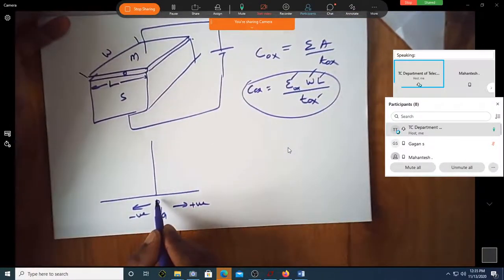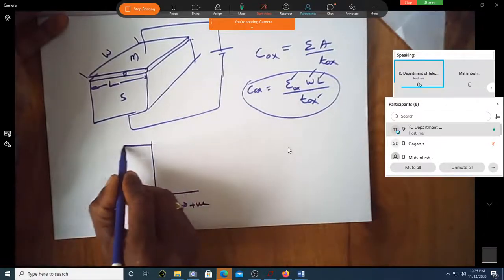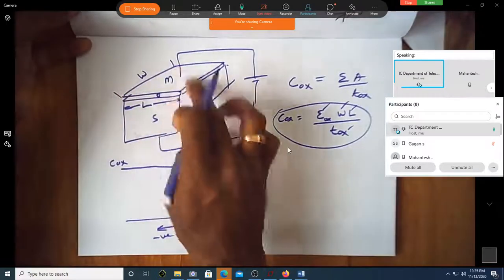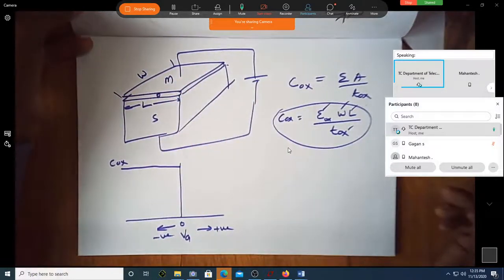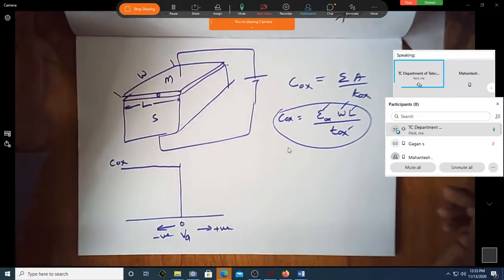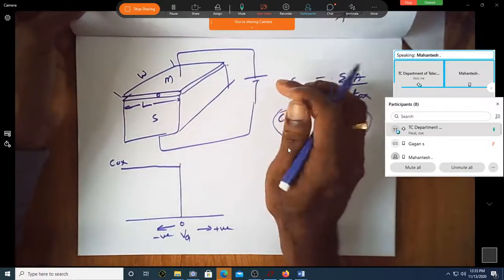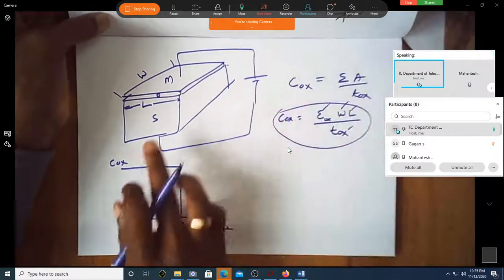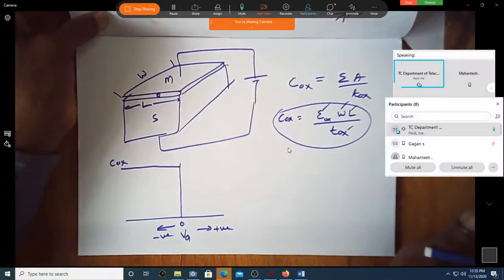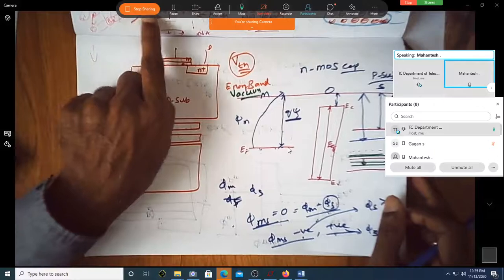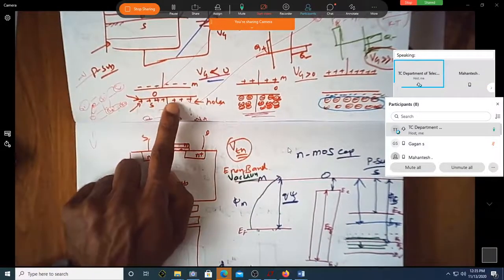For any voltage less than 0, the capacitance is always Cox, because that is only because of this oxide capacitance, and of course the width, length, oxide thickness and the dielectric constant of that material. If you are applying a negative voltage, minus 0.1, minus 10, minus 100, minus 5, minus 1.2, the capacitance will not change. What will change is that with more and more negative voltage, you're going to have more and more holes here.